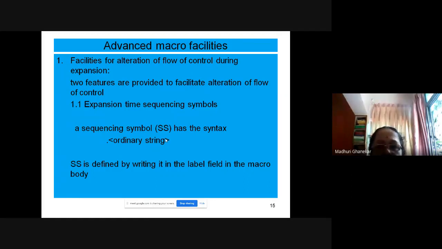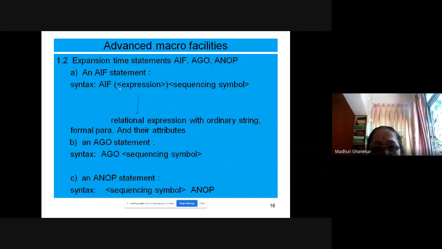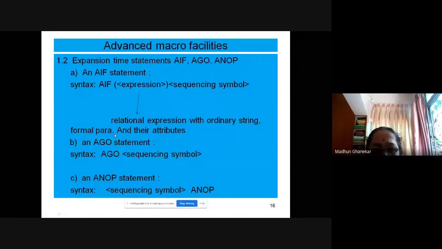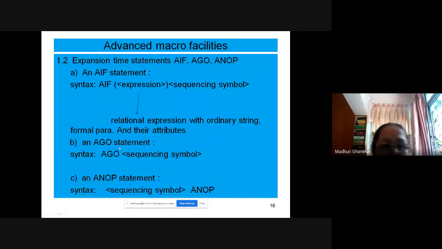Then there are AIF, AGO, and ANOP. Those are expansion time statements. The AIF statement is parallel to if: expression, then sequencing symbol. If the expression is true, jump to the sequencing symbol, means jump to that label inside the macro. This expression is a relational expression with ordinary strings or formal parameters and their attributes. The AGO statement is parallel to the goto statement.